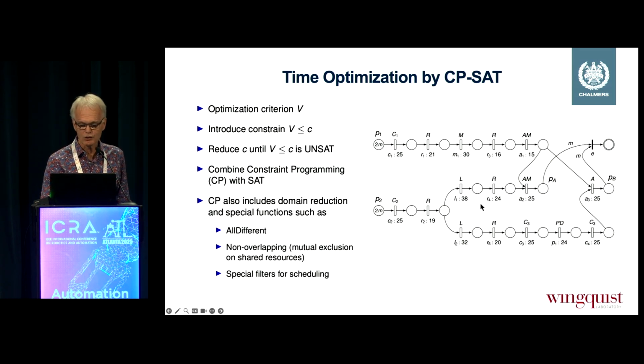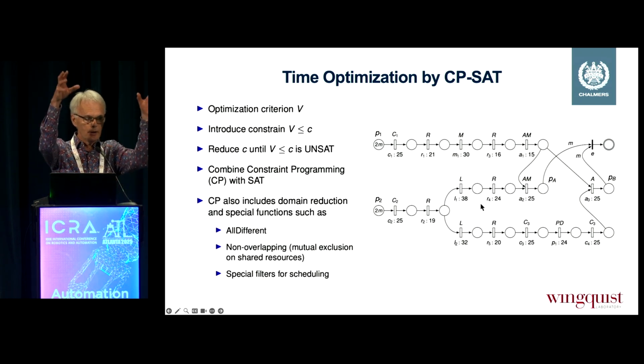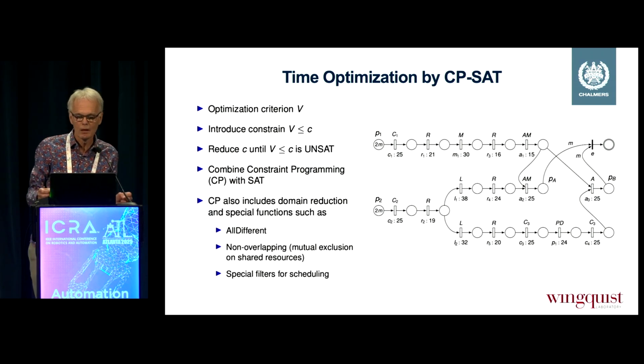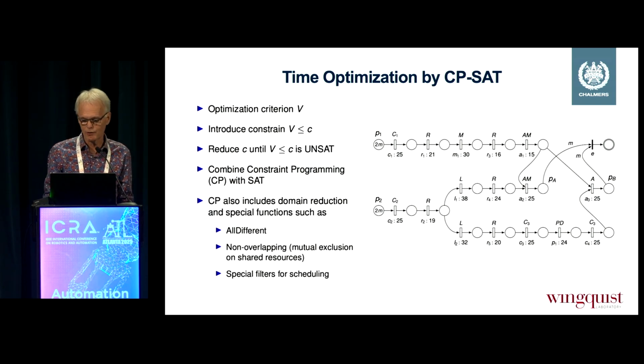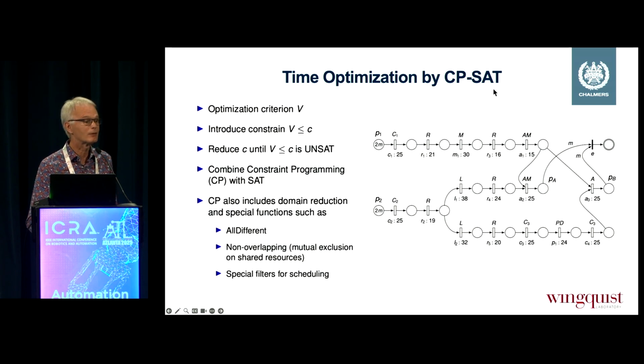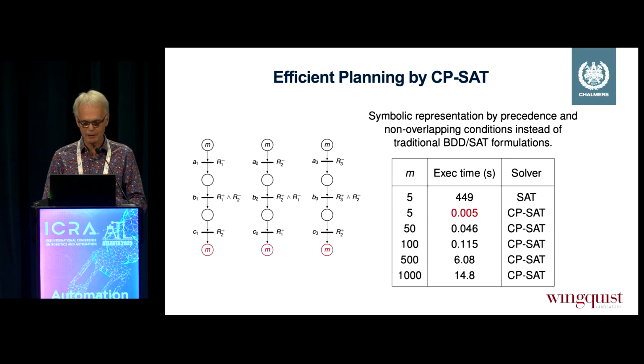Then here I have an example of two series of production lines, and they are, after some time, joined. The Petri net here describes this behavior, and this is really a hard problem, and I had for a long time very much difficulty solving this. And then in the end I tried this CP-SAT, and it worked, and it works extremely fast. So the question, could I also use this for the planning problem? And yes, actually it also works fantastically in that case.